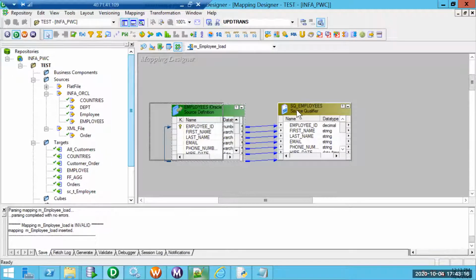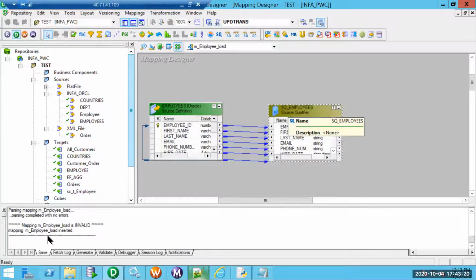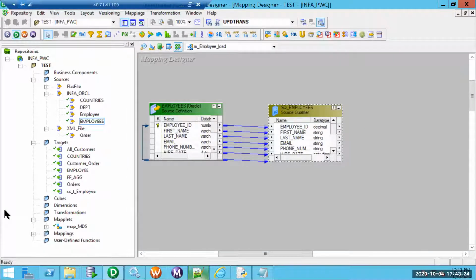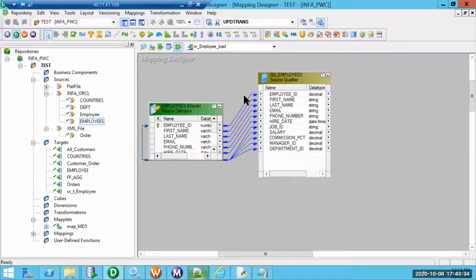Now, we have already created a maplet which is capable of performing the SCD. But before that, let me try to perform some manipulations. I don't want it to be very simple. It can have a number of lookups.